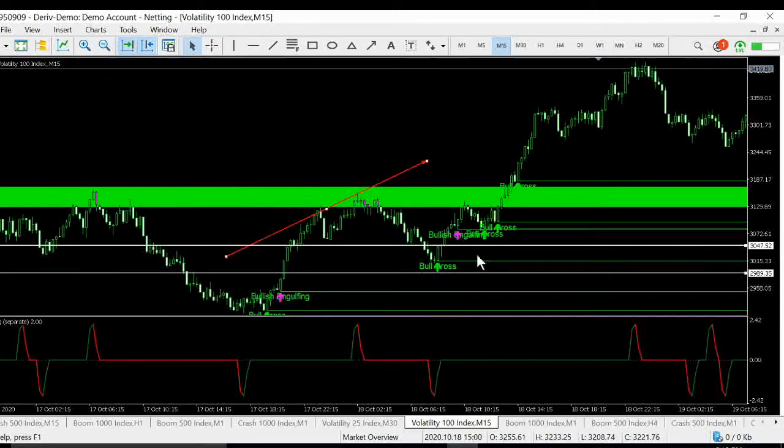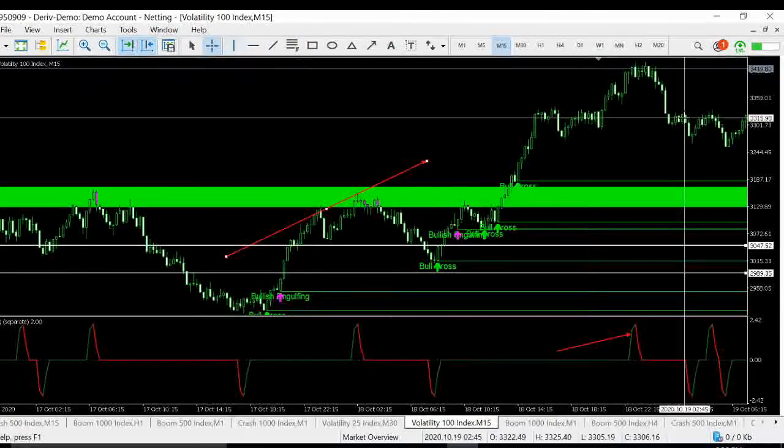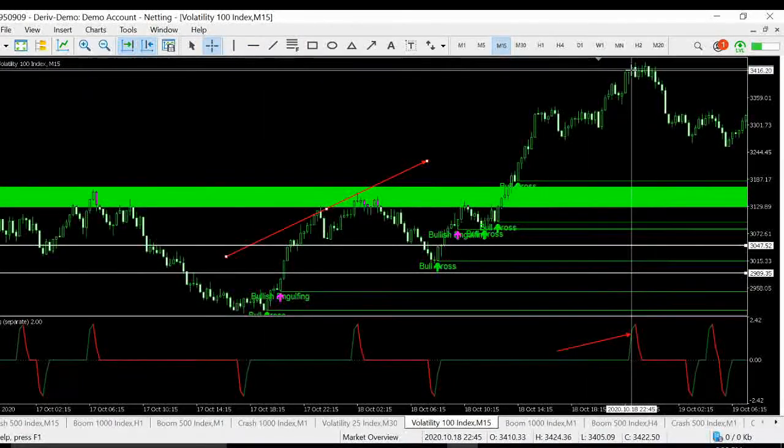Most times I take profit when I see the indicator giving me a sell signal. What I mean is, look at the zigzag now. You can see it went up here showing a sell coming. Just look at my zigzag indicator here. You can see that it went up trying to give a sell. So this would have been my take profit. For me, when I'm trading this, guys, this would have been my take profit here.